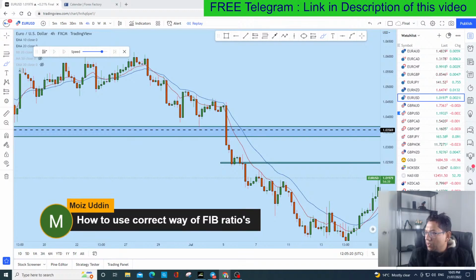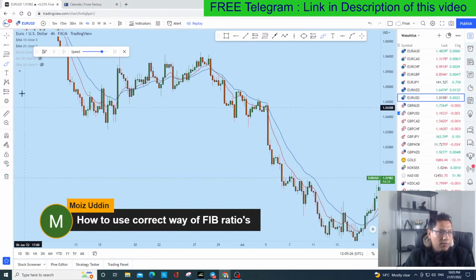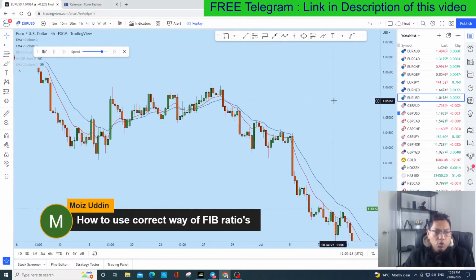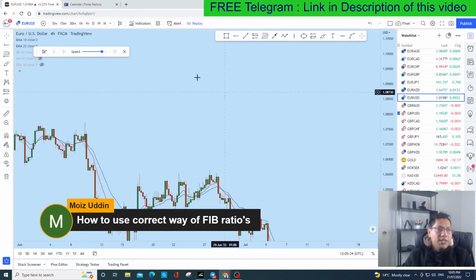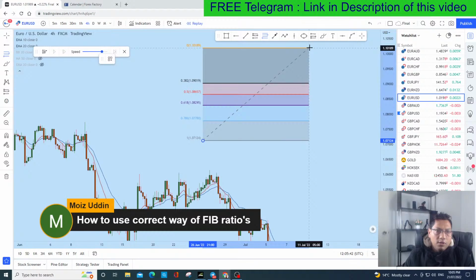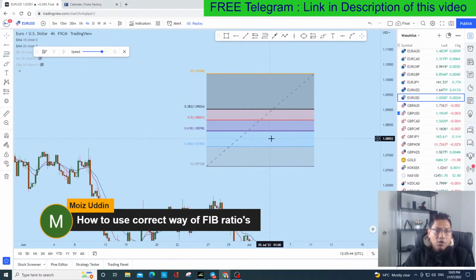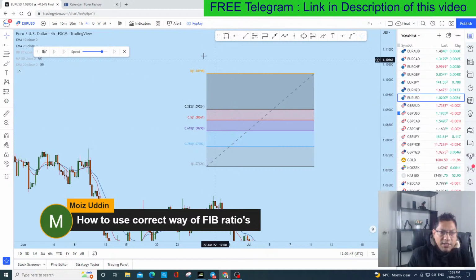Fibonacci ratio? Okay, so the Fibonacci ratio, Moise asked a question. Probably it's a new thing that I can teach you. So how to use the correct ratio of Fibonacci? You see that this is the Fibonacci symbol. How do you use it? Click on this one, and this is the Fibonacci. What is Fibonacci? Let me tell you. This is the default in TradingView or anywhere. So the default is okay. This is the 38.2, this is 50 or 50%, 38.2%, 61.8%.